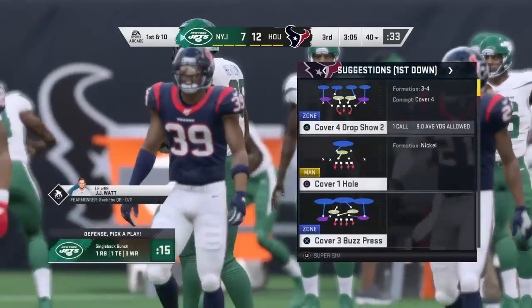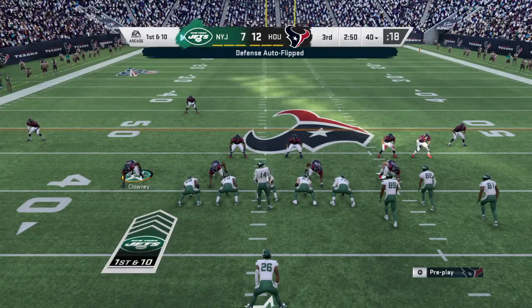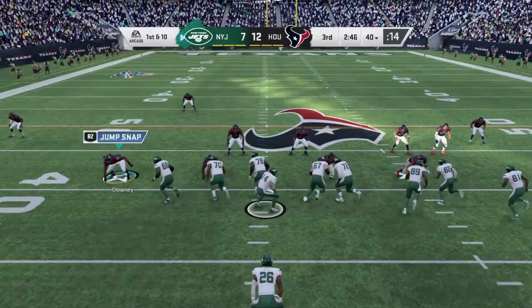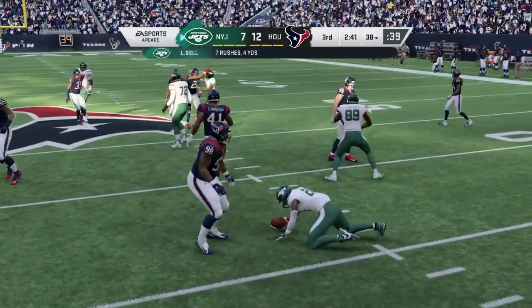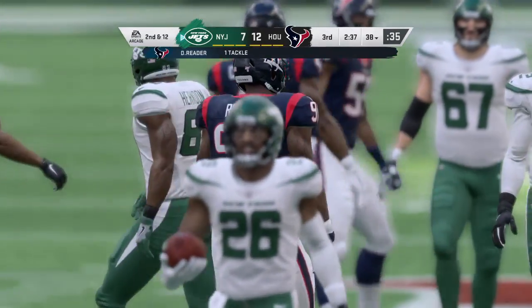I like how they work the tight end on a nice little under route there, and if you're going to give him that much space, he's not going to catch the football. He's going to run away from you a little bit, and that's exactly what he just did there, picking up extra yardage. On 1st down. It's Bell, and they're going to get him behind the line yet again as his nightmare afternoon continues. It'll wind up